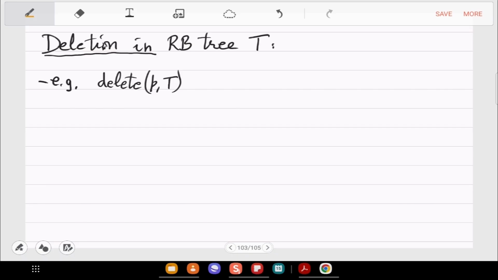Let's take an abstract example again. P is here. It has a black left child, nothing on the right side, subtree and x. You want to delete this P. When P goes away, you are left with the x part, of course, and the q part.